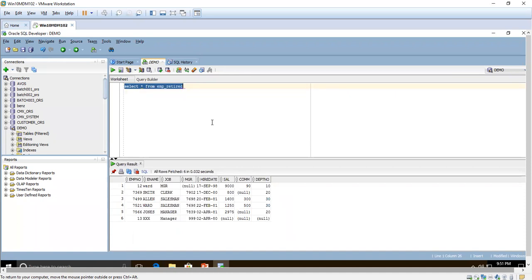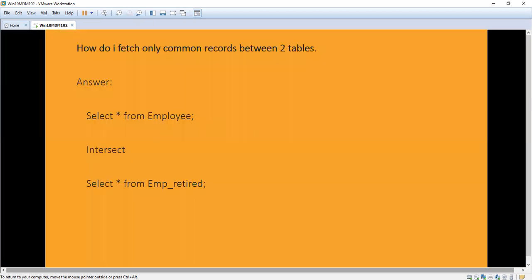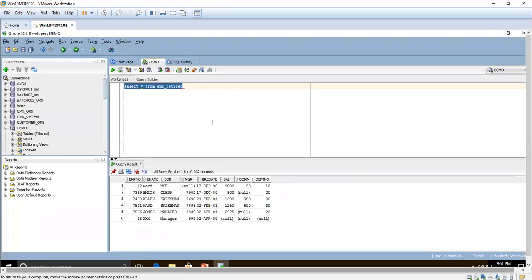See, the employee retired table contains 6 records. And we are going to use the intersect. There we have used the minus. Now we are going to use the intersect, which will display the common records from both the tables.